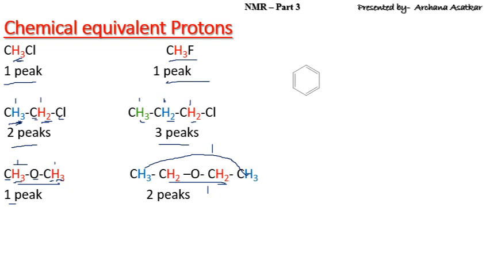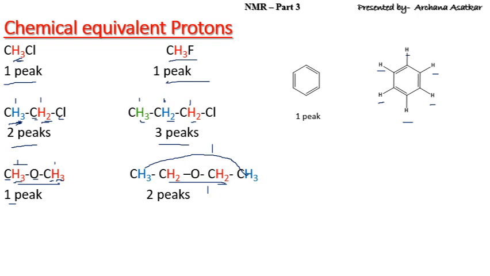Let us consider the example of benzene. Here you can see C6H6, the benzene ring, with 6 protons attached, so we will get one peak. Let us try to understand: all 6 protons are similar in nature. If we replace one proton by chlorine, we get chlorobenzene. We can replace this proton or that proton, it really doesn't matter. All these 6 protons are chemically equivalent in nature. Their chemical environment is the same.